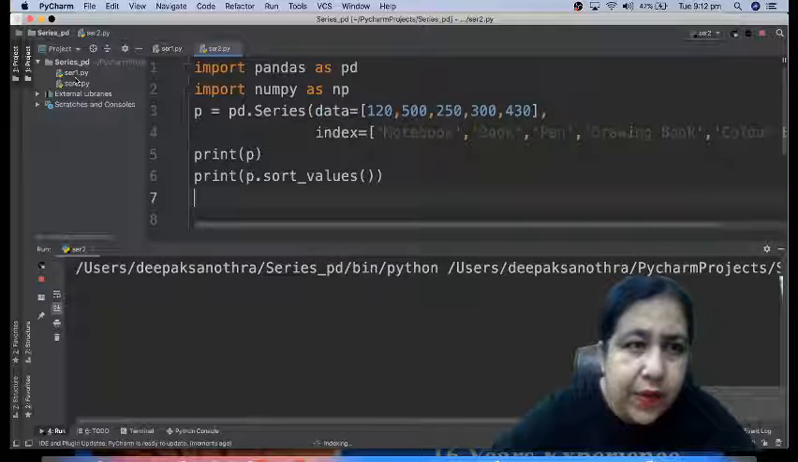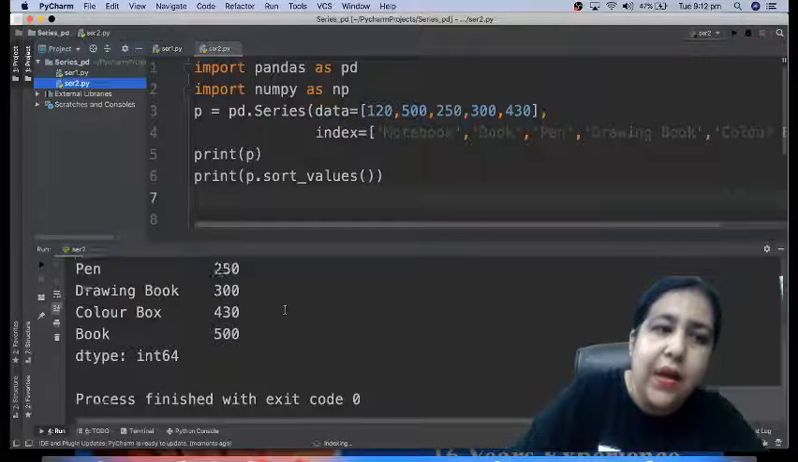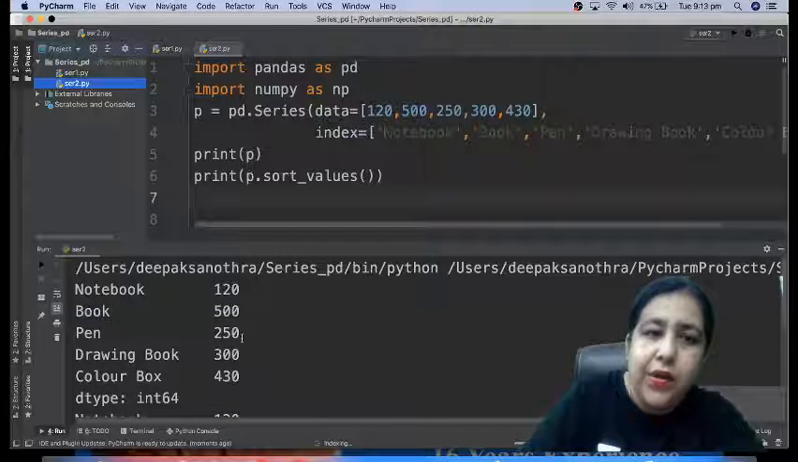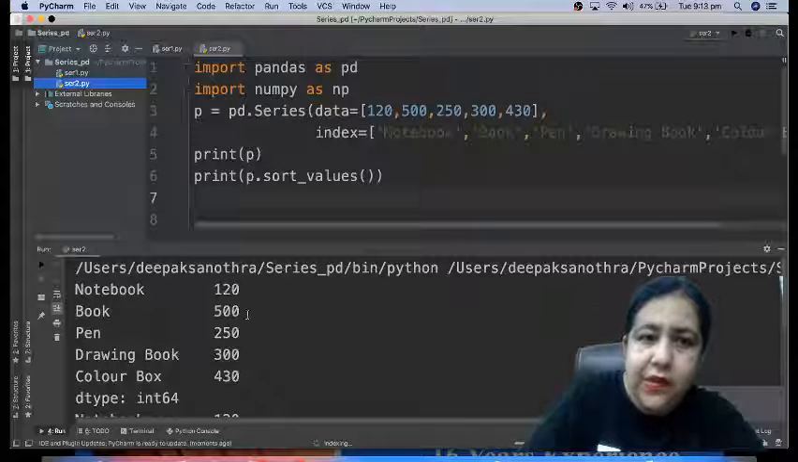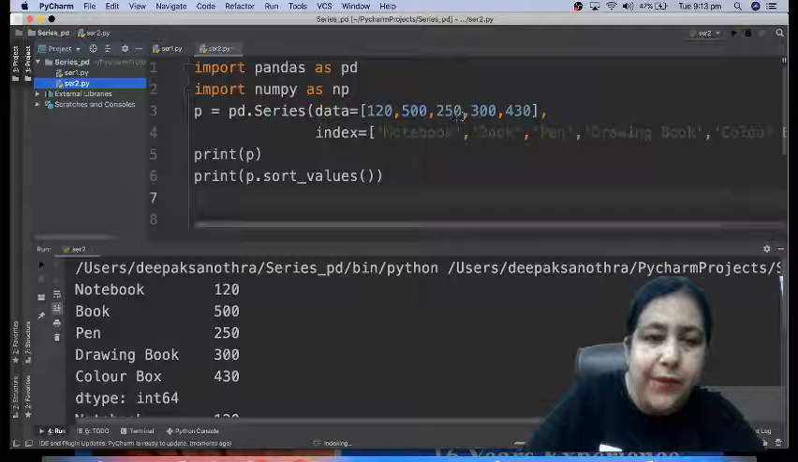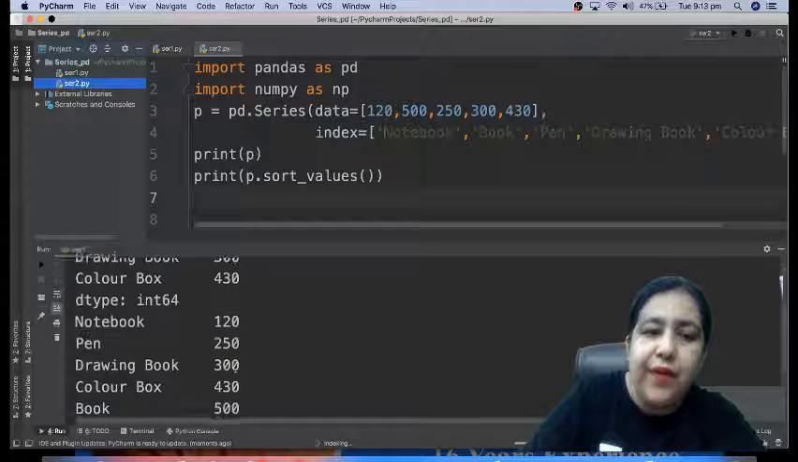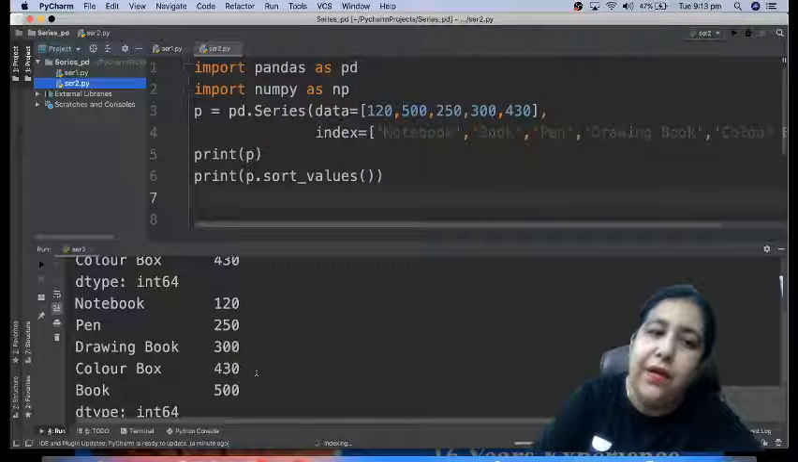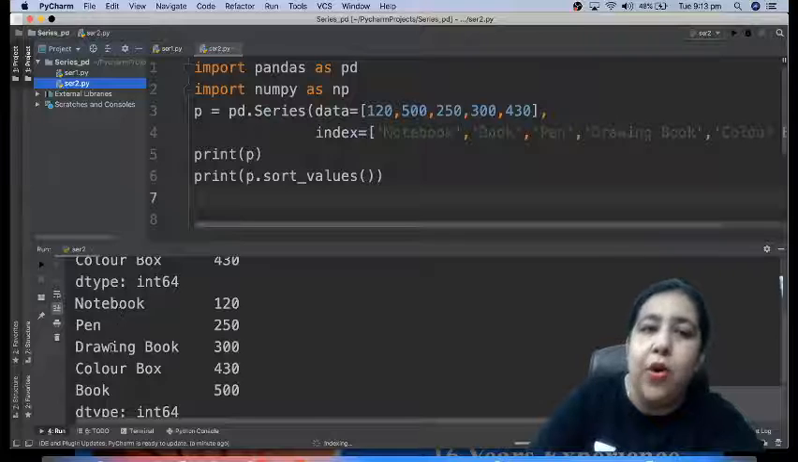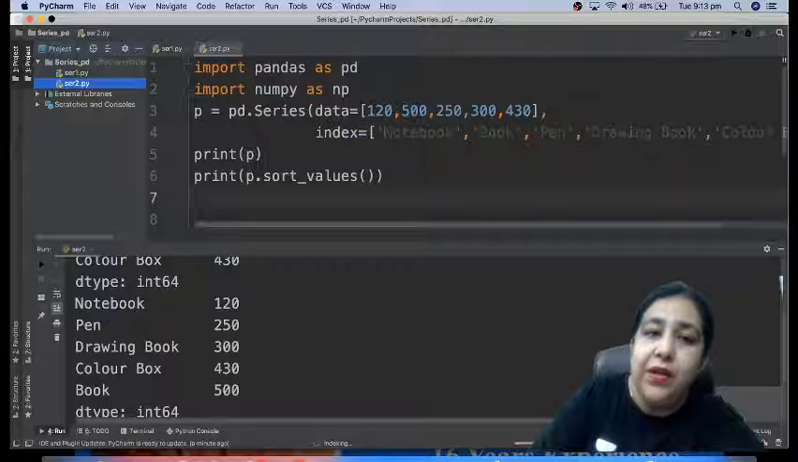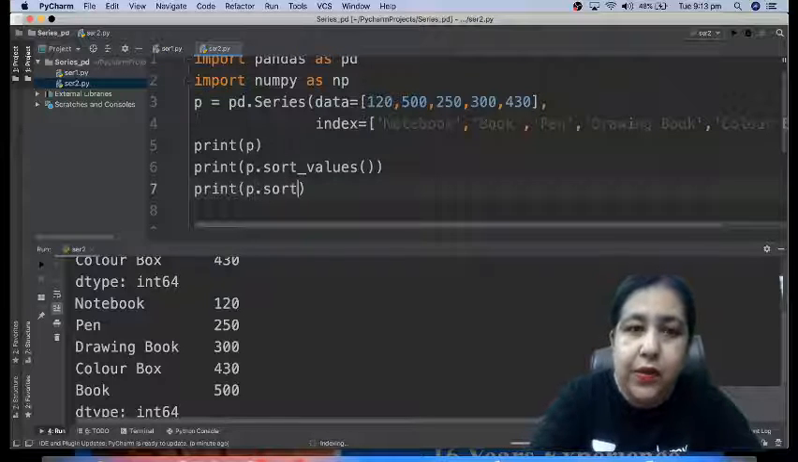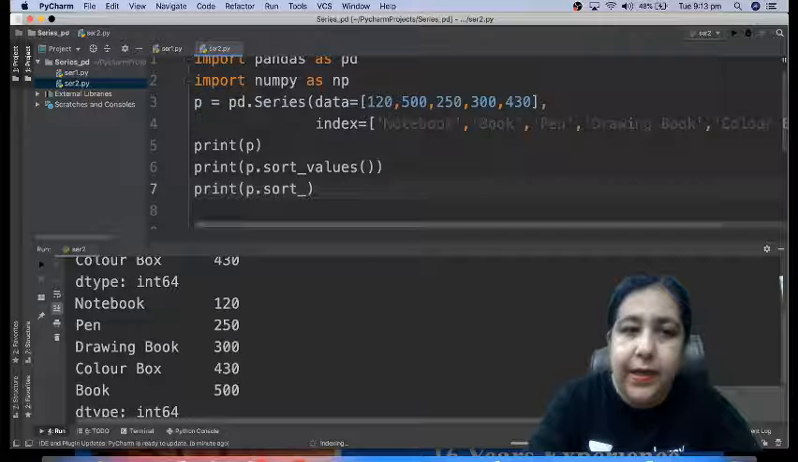I think it's not executing this one. We have to execute series 2. Yeah, it is. You can see that initially it is showing 120, 500, 250, 300, 420. This is not sorted, because this is the way we gave the values here. And once we write p.sort_values, you can see that the values are coming in sorted order. I have 120, 240, 300, 430, 500, and the names will come accordingly. If you want it to be alphabetically sorted as per the names, you can write print p.sort_